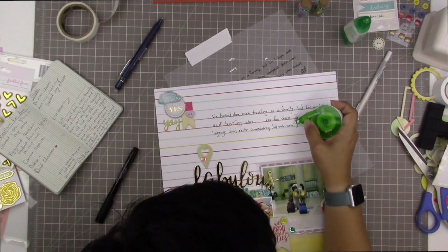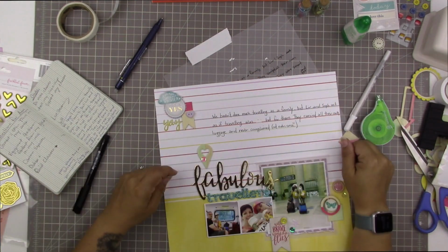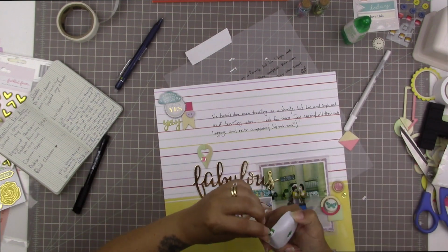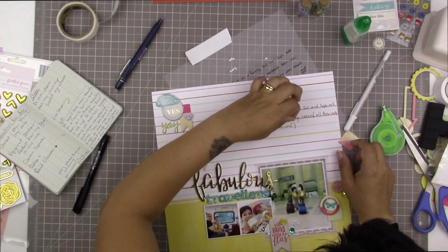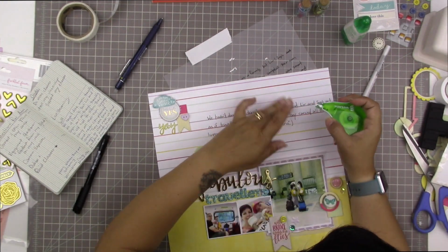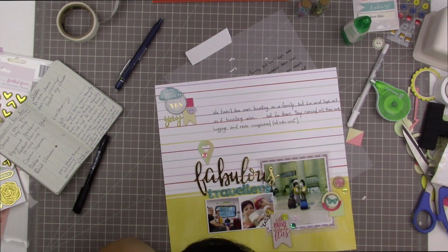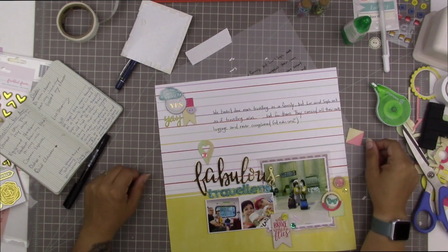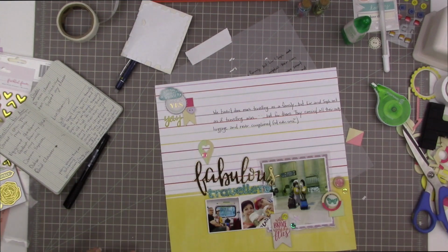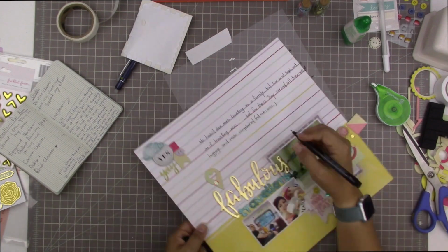And because the gel pen leaves like an oily surface on the paper, my corrector tape is just not sticking to it. I'm just putting layers and layers of corrector tape all around the mistake, but the mistake itself is staying visible. So you see me, I keep peeling it back and trying again. And I thought maybe if it dried, it would stick, but I think it's just too oily. It's not going to stick with that particular brand, so then I decided to try a different brand,